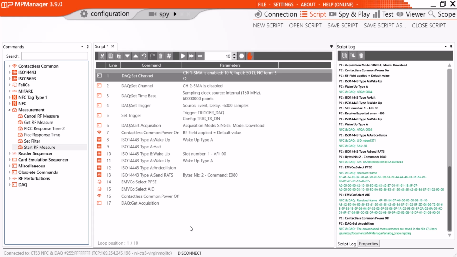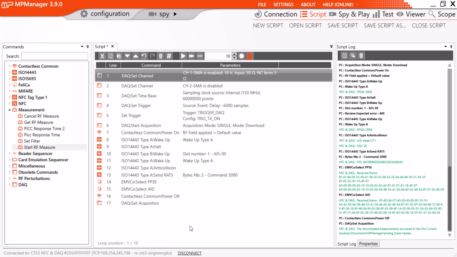At this stage, we have performed a communication with a Type A card, and we capture 400 milliseconds of signal when using the DAC board and display it in MPEG waveform viewer. It could be interesting to not only perform this analog burst measurement, but also display it in the viewer